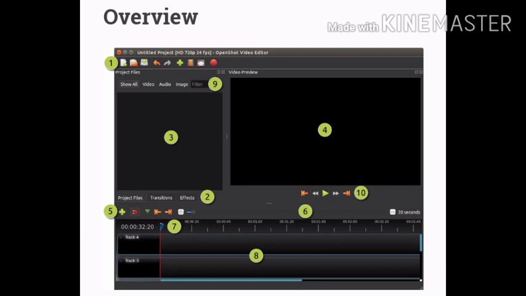And number 4, whatever is rendered by the software will be shown in this window.